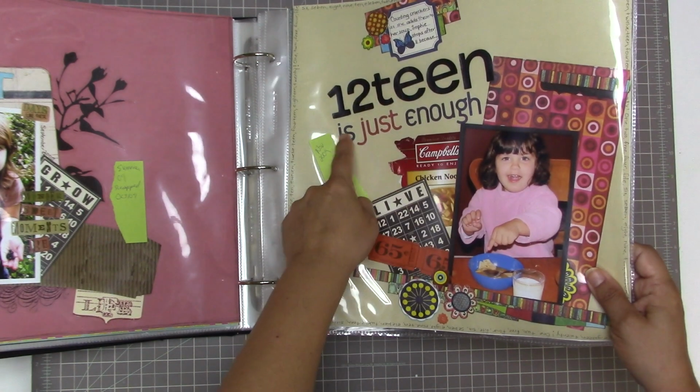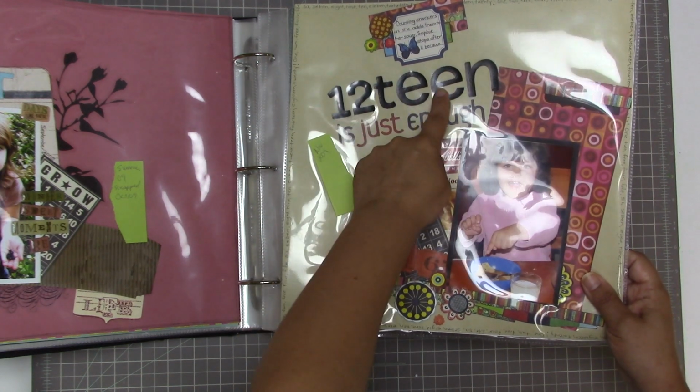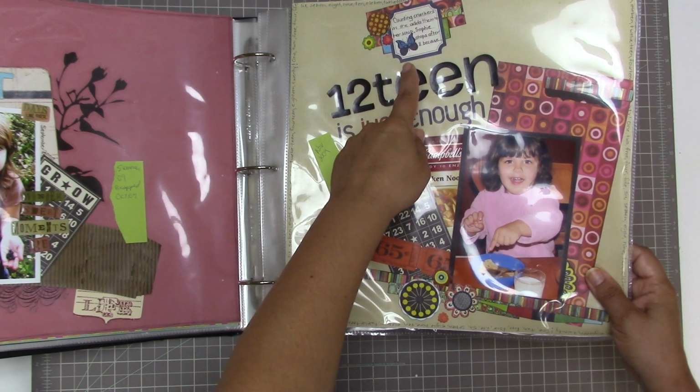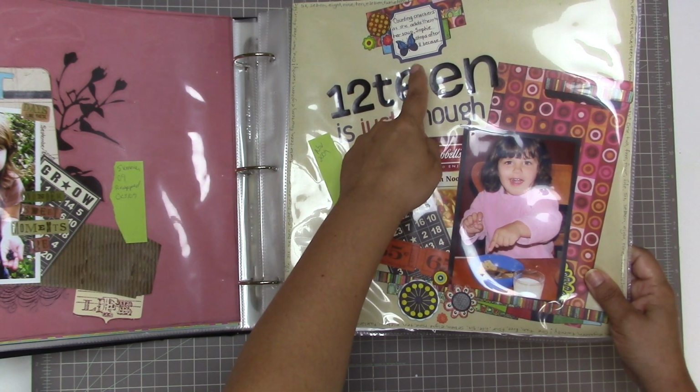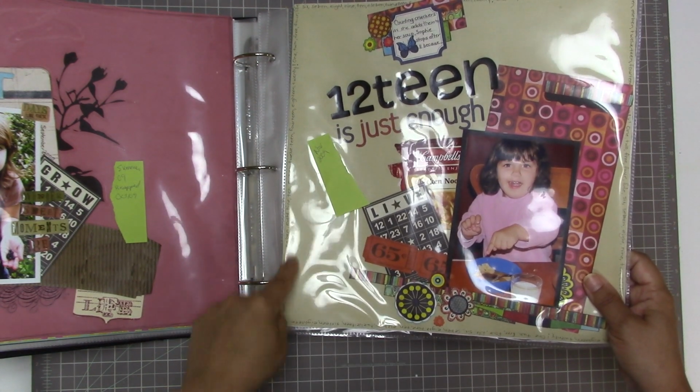And then these are also from Basic Grey, Lime Ricky, and then these are some vinyl stickers. And it just says, counting crackers as she adds them to her soup. Sophie stops after 11 because 12 teen is just enough. And then around the outside, I just